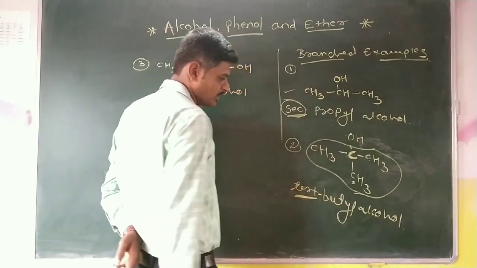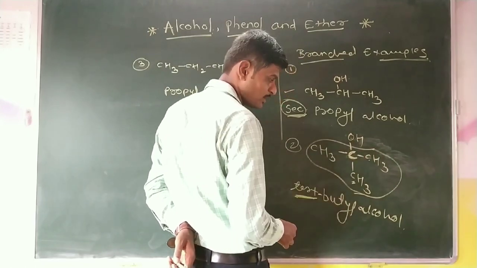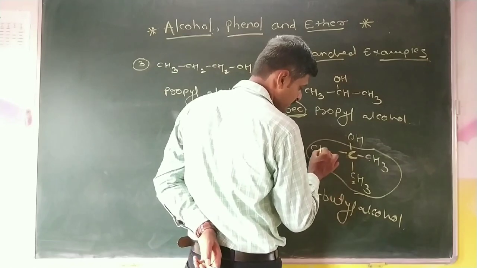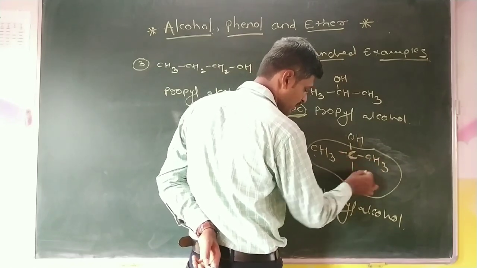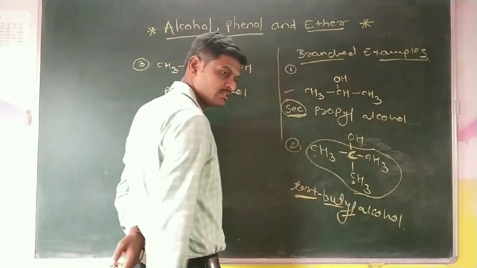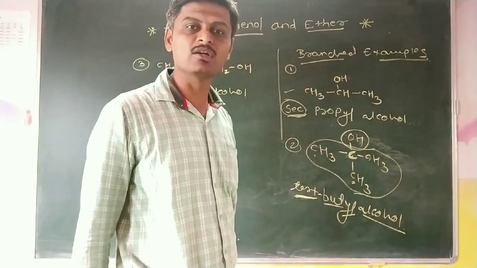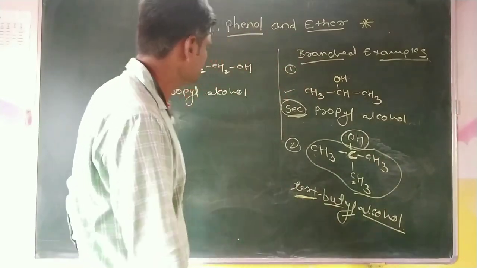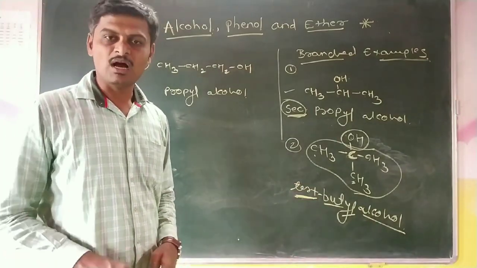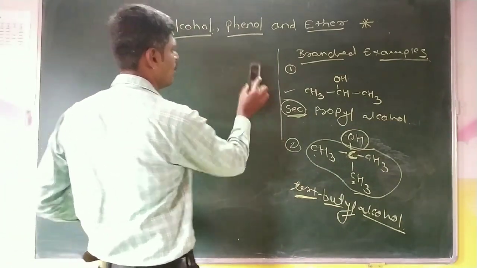In the case of tertiary butyl alcohol, that means the hydroxyl group is attached to the tertiary carbon atom. This group is represented as tertiary, and in this tertiary group, 1, 2, 3, 4 carbon atoms are here. Therefore, but as the root name, yl as a suffix, and this alcohol is represented as a hydroxy. Okay, these are some examples of the common name system. Then we can start the IUPAC nomenclature of alcohol.